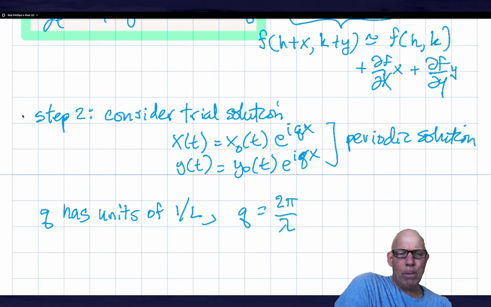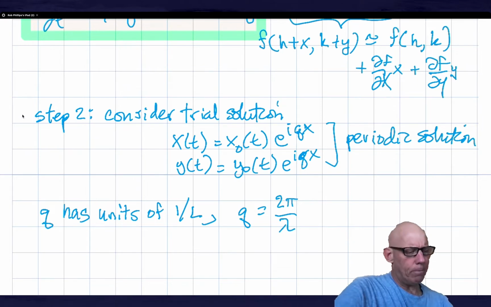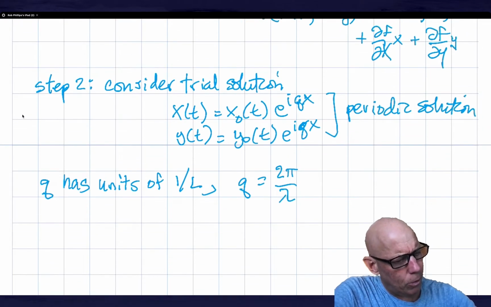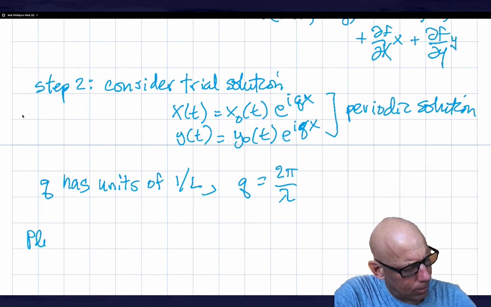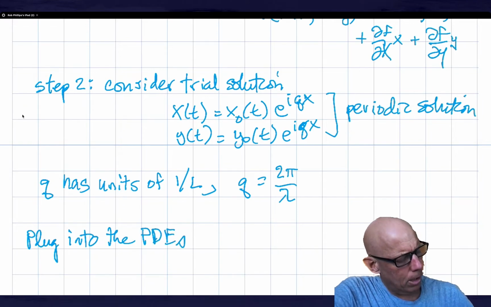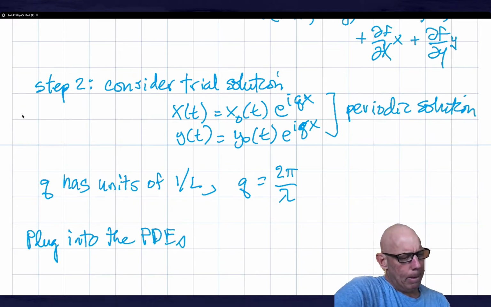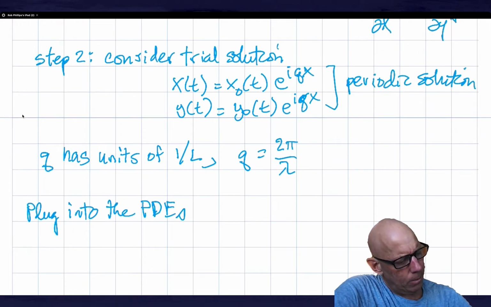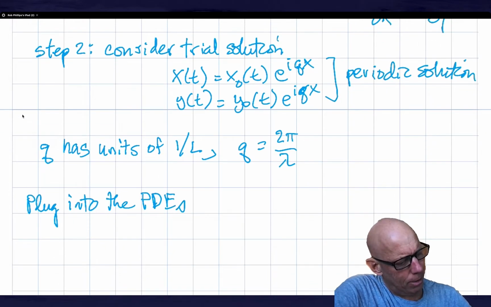So we're considering a perturbation of wavelength lambda, and what we want to find out is, does that perturbation grow or shrink in time? So that's the activity that we're going to undertake now. So if I plug these trial solutions into our PDEs, what will happen? Well, what I want you to notice is